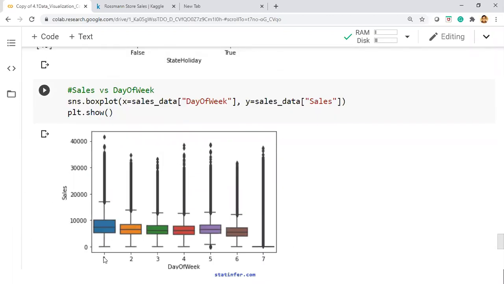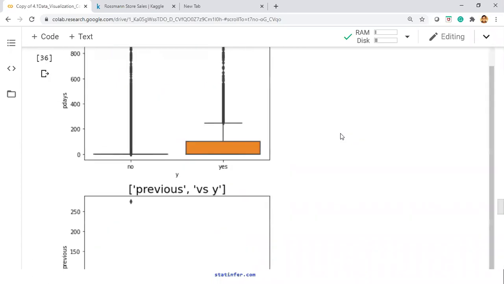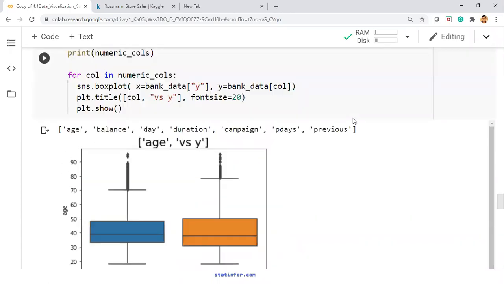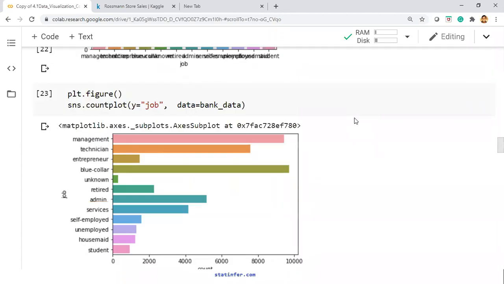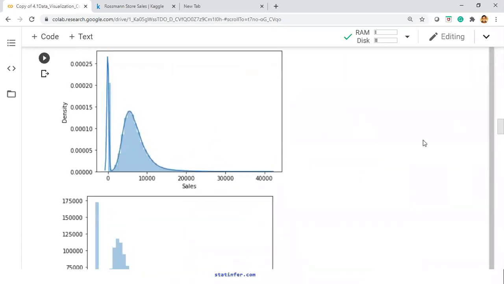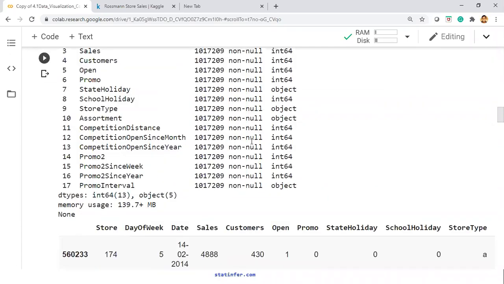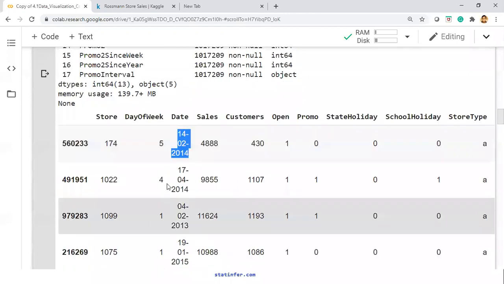Apparently day 1 is Monday. How can I tell you that day 1 is Monday? Because I have to check the original data. If you go back to original data and check the data set, let's take this date in 2014, day of the week is 5.